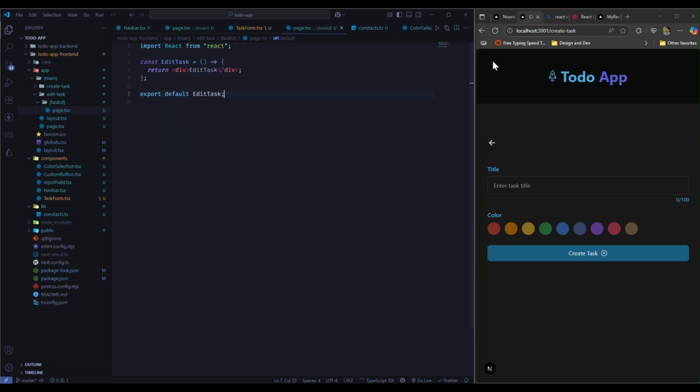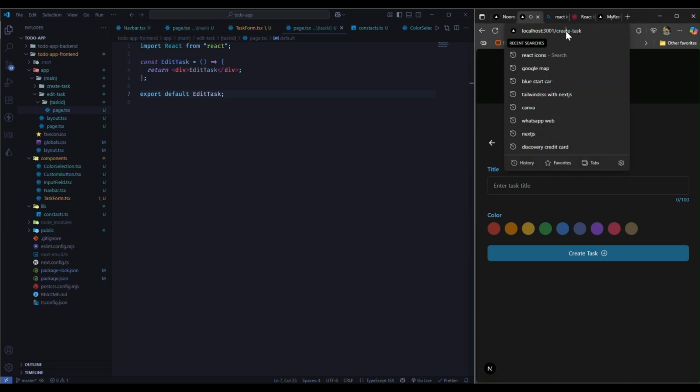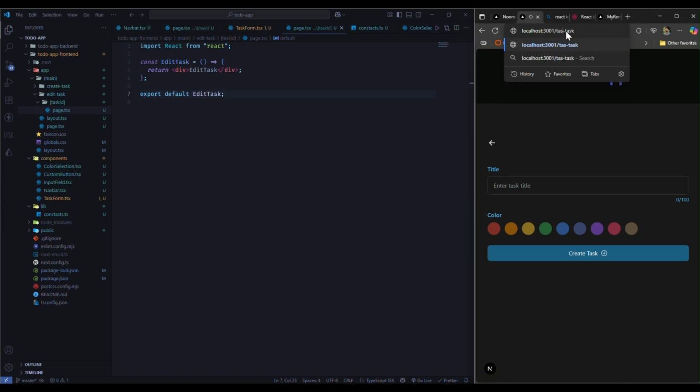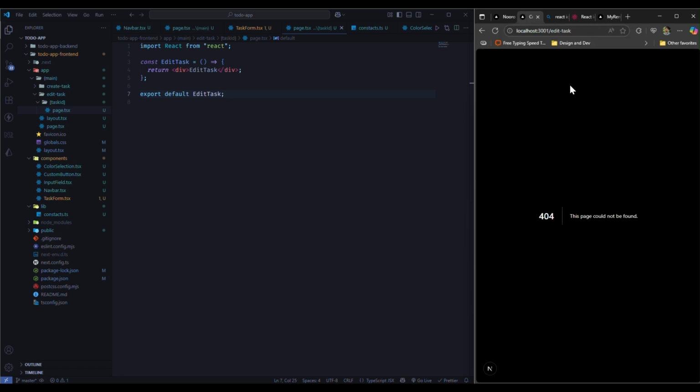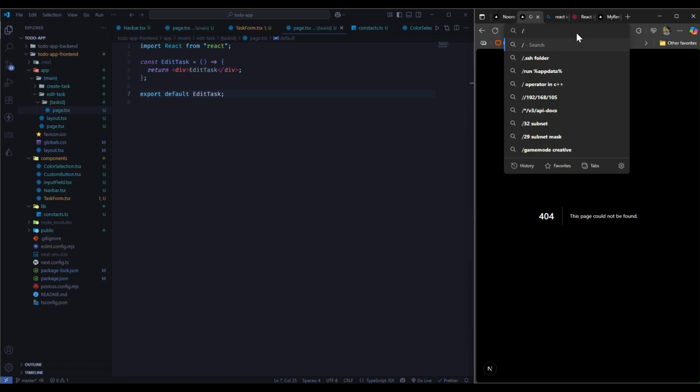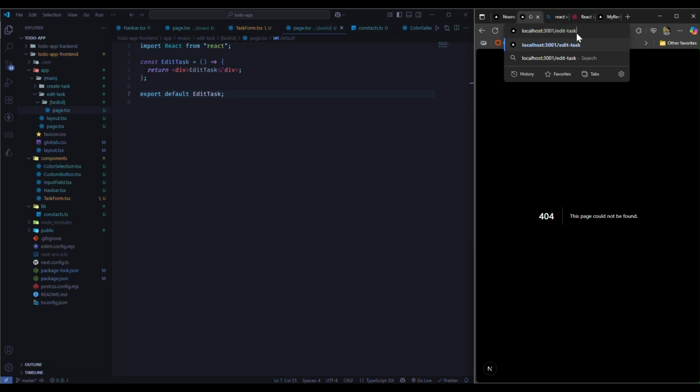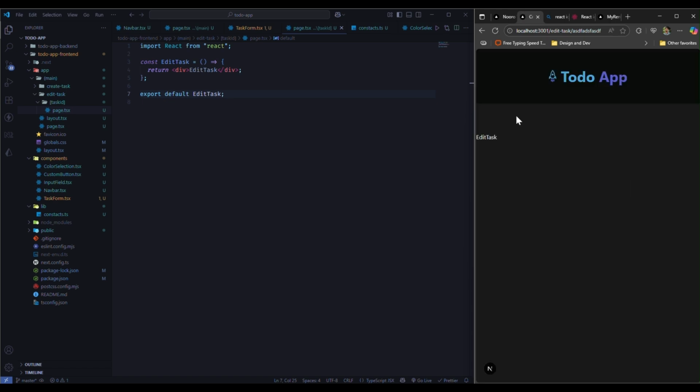Now let's go to our edit task page, just enter. You can see we didn't see anything, because here in the edit task we have an id, then we have the page. So in edit task we will provide any id. Currently I am providing, we can enter anything and simply enter, then we can see this is our edit